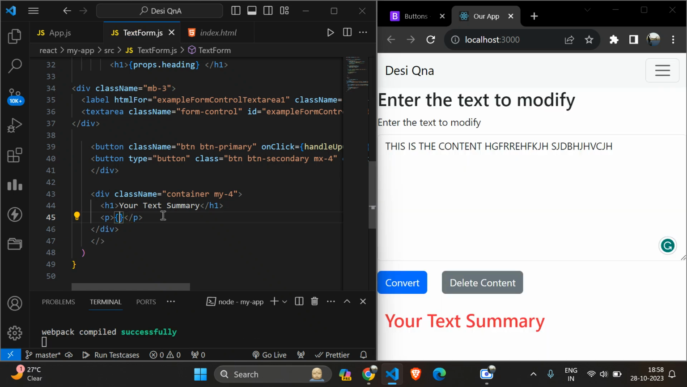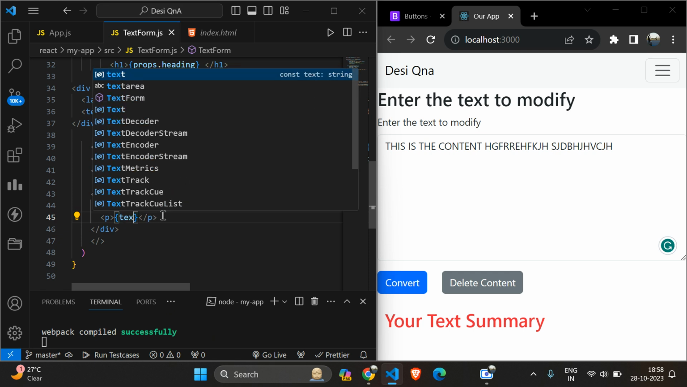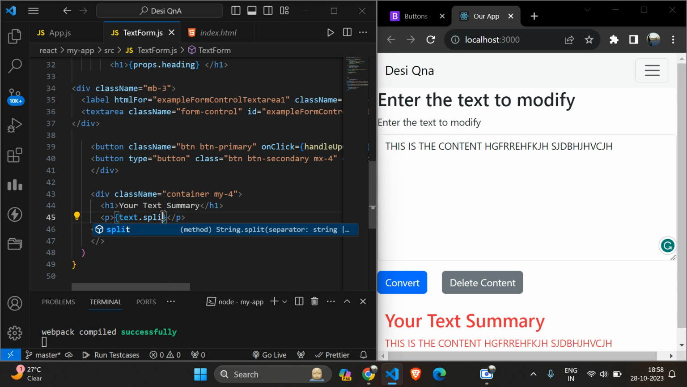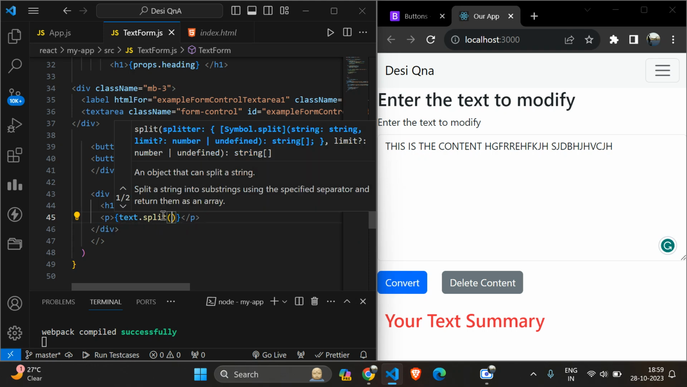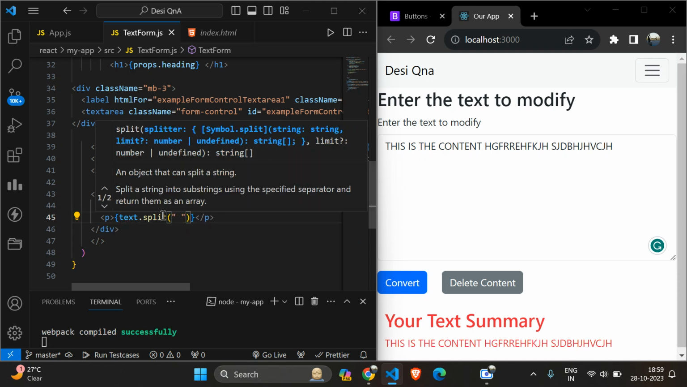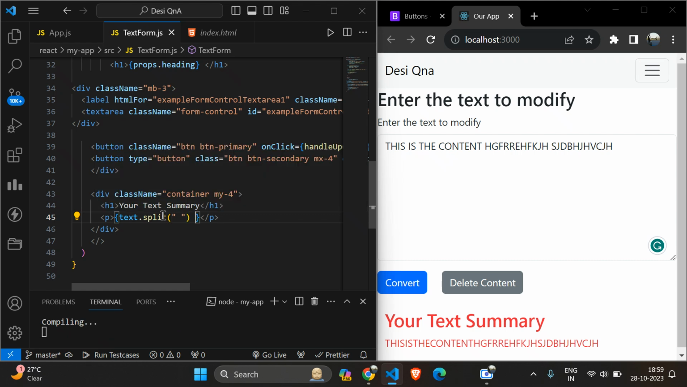Okay, so for writing the JavaScript code logic, we should write it inside the braces. So I will do text split. I will split my text. Wherever the spaces are, in that place I will split my words. Okay, text, and after that